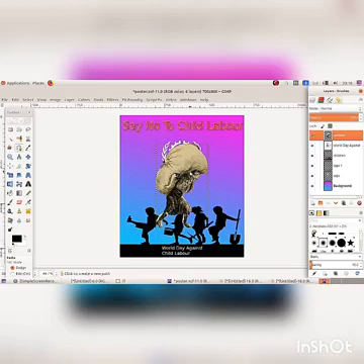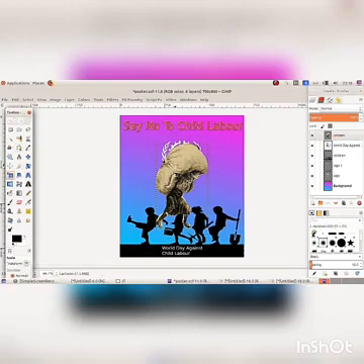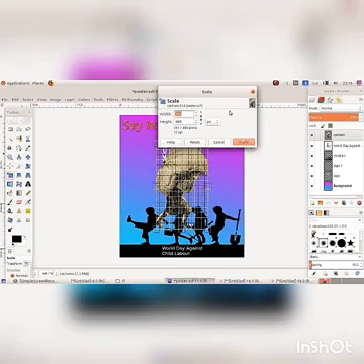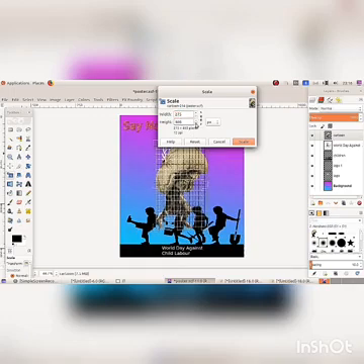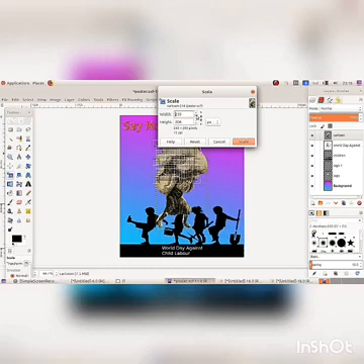Change its size using the Scale tool. Select the cartoon layer and reduce the width and height of the layer. Then click on the Scale button.